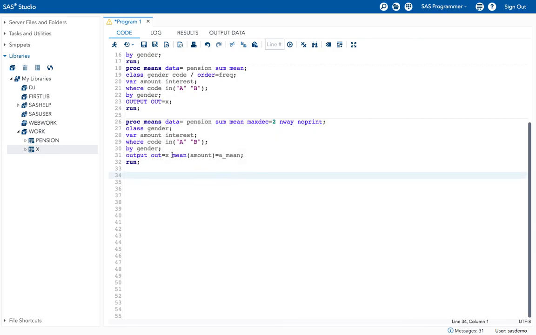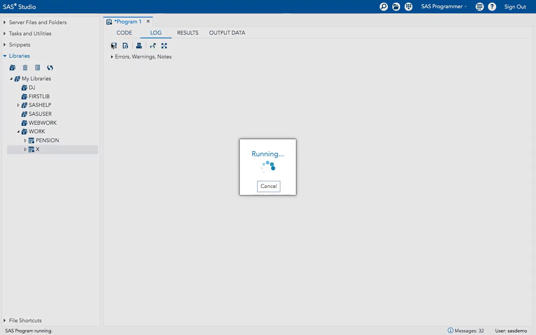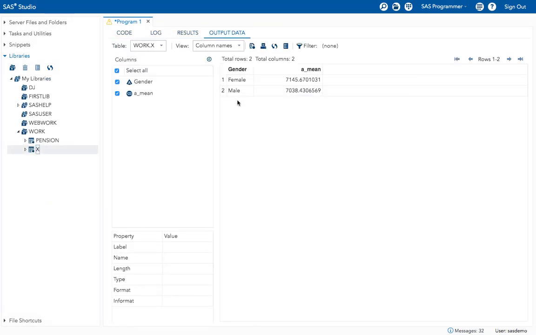You can use the option DROP, in the parenthesis give drop equal to underscore TYPE underscore, underscore FREQ underscore. Okay, now it will drop your automatically generated variables. See, now I got only the mean values.